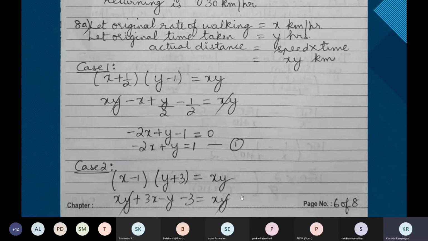So with this, you get another equation in x and y. You can see xy on either side gets cancelled. When you open the bracket, x into y is xy, and xy on either side gets cancelled. I'm not showing you the next slide because it has the next answer. So these are the two equations. Solve and find the values of x and y. Speed is 4 kilometers per hour, time is 9 hours and the distance is 36 kilometers.